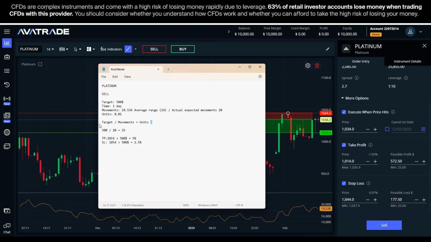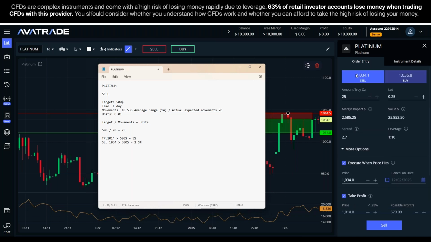So as you can see, this is not difficult at all, and the steps here are very, very easy to understand. We've got the equation to know the units, we've got the ATR to give us the average. With this comparison, we can also make the ratio that we want. And now the only thing left to do is to make sure that we can take the position. So we can see that the price per unit is 1,034. We have 25 units, and the value is